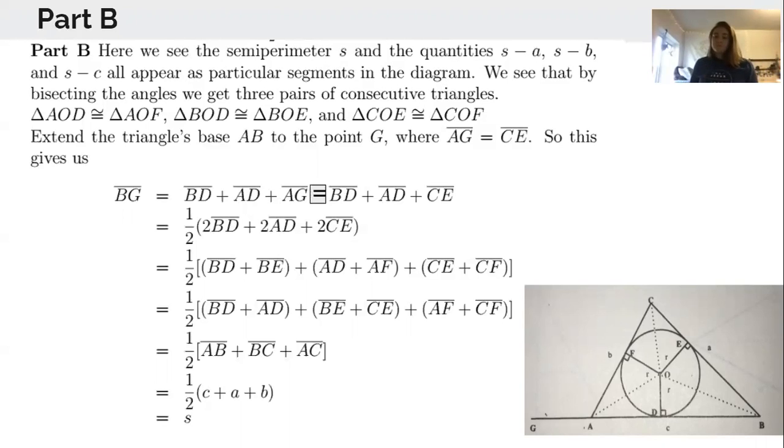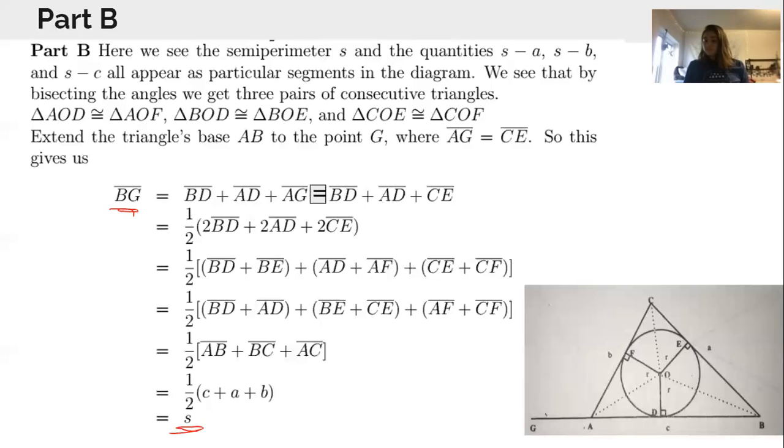Okay. Yeah. So we're going to prove that BG is the same as the semi-perimeter. That's why we extended it. It's because we're going to prove that BG here is equal to S, okay? That's the goal of this part right now. And so